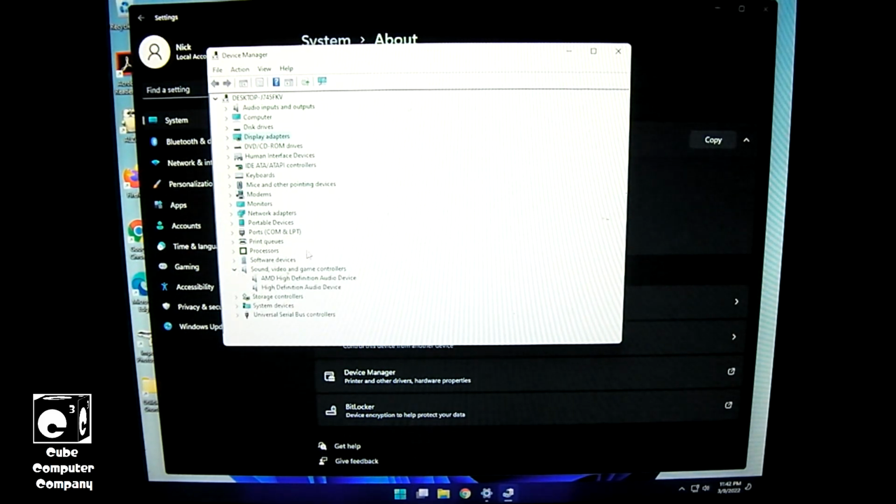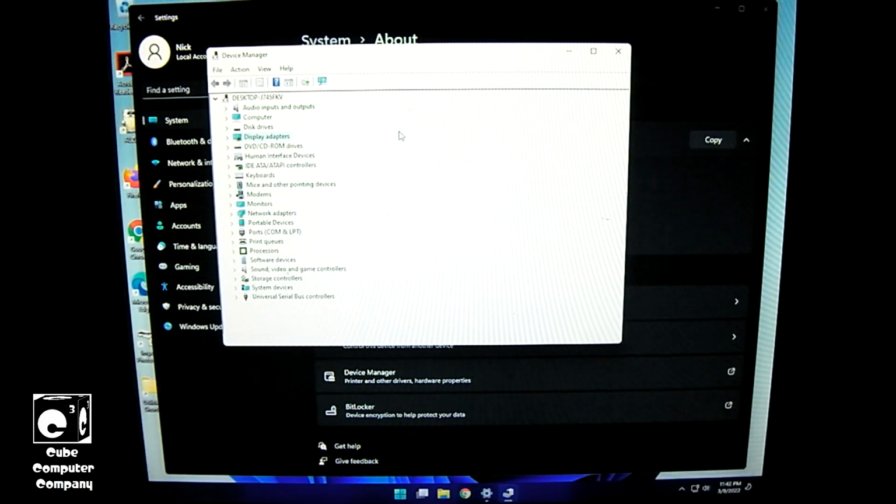But you can see that we don't have any unknown devices in here. Now I have not actually had to install any device drivers manually. They're all there. So interesting to note that if you do wish to install Windows 11 on an older computer that's not technically supported,